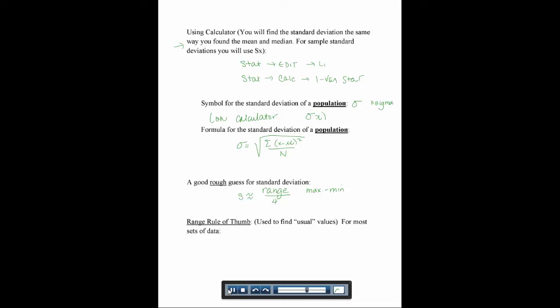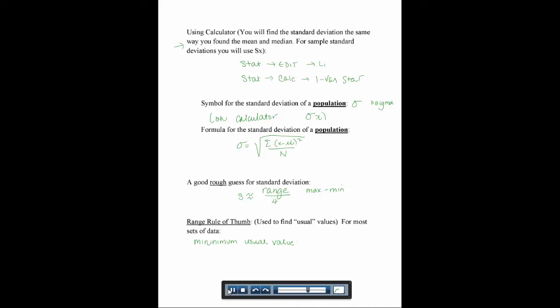Now, something that we'll be using quite a bit is what's called the range rule of thumb, and we want to find in a data set, is some number considered unusual? Okay, and what is usual? So we're going to find what would be the maximum usual value and the minimum usual value. So the smallest value that would be considered usual, to find what that is, kind of our cutoff score,